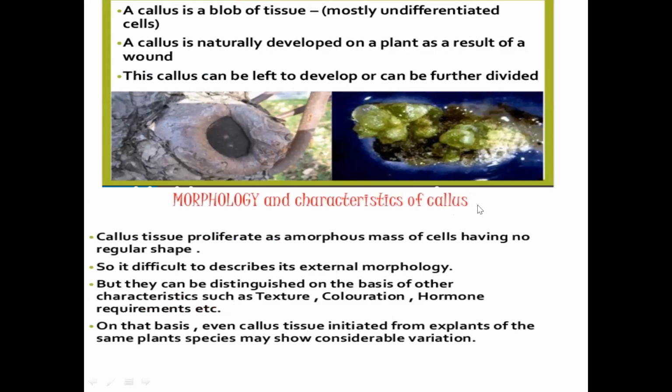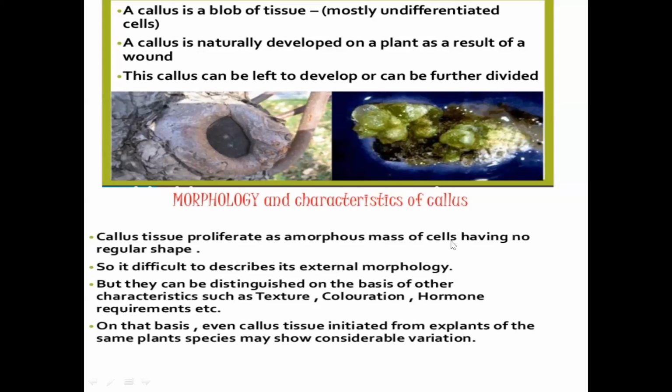Any plant which gets cut or has a wound, immediately after some time you can see it gets healed. That means naturally the plant has the capacity to divide into an unorganized group of cells and close the wound. So it is a natural phenomenon. You can see the cut portion of the tree, the periphery of the tree is filled with callus. If you leave it like that, after a year or so you can see the shoots coming out. So this is a natural process which you are mimicking in the laboratory condition.